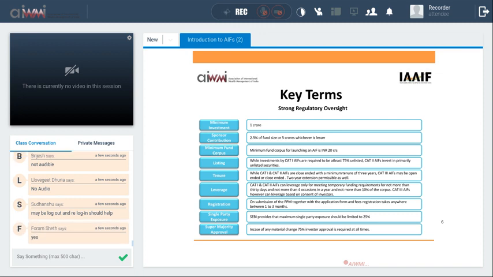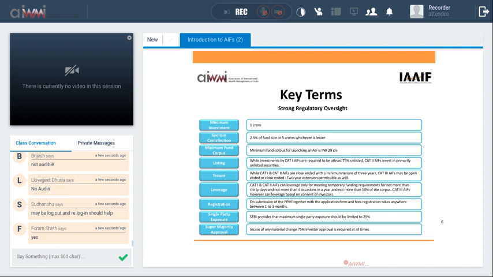So the way SEBI has ensured that an AIF will not reach the retail population is that it has kept the minimum investment size at 1 crore. There are some exceptions. For example, if you're directors or employees of the AIF manager, you can invest 25 lakhs. It's a lower threshold limit for them, as well as you can do a joint application up to 1 crore. So for example, if it's a husband and wife, both of them together can contribute 1 crore in